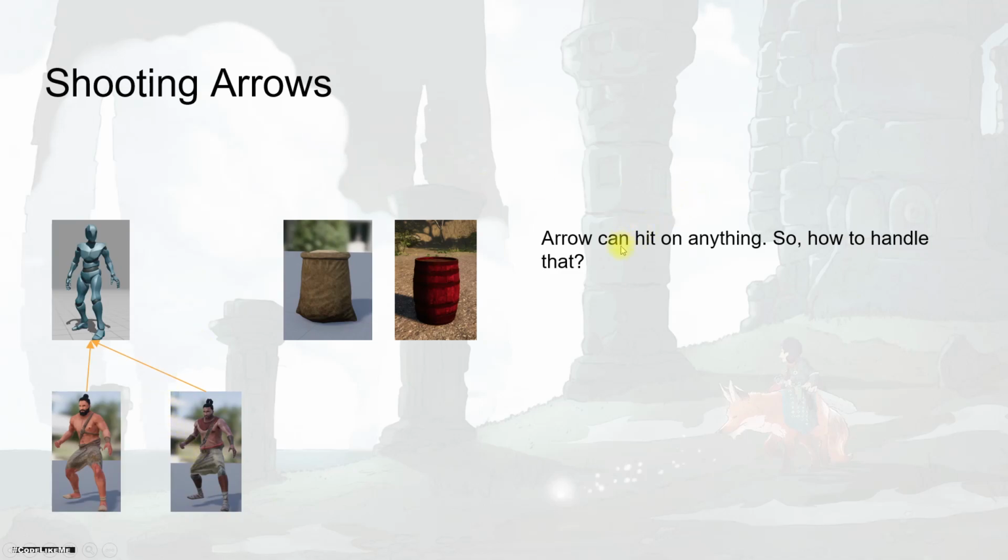And then when an arrow hits that object, we could just call that on arrow hit function. Now if we use that approach,